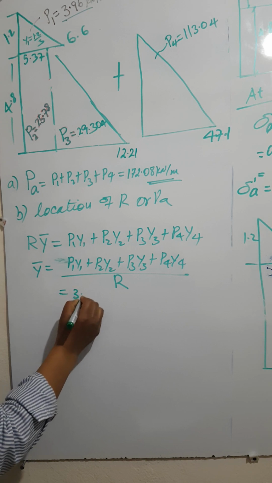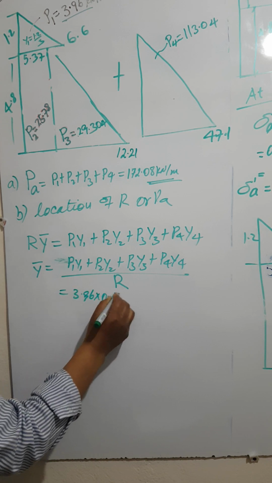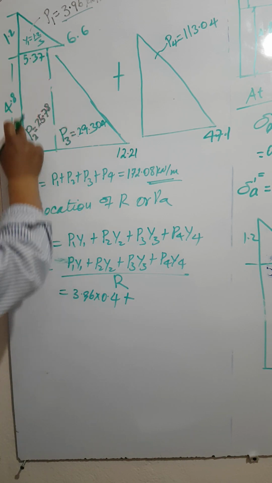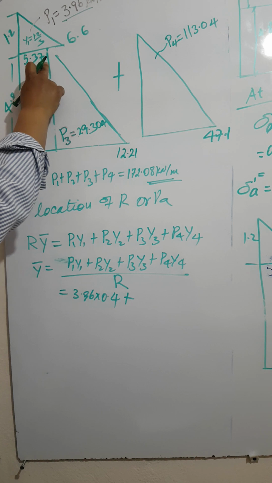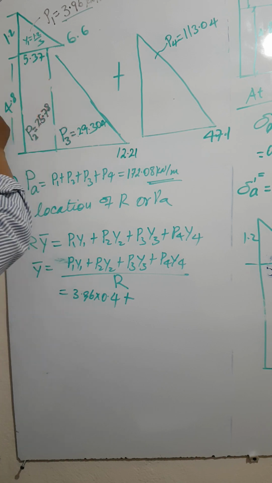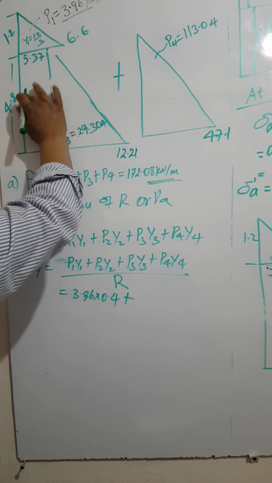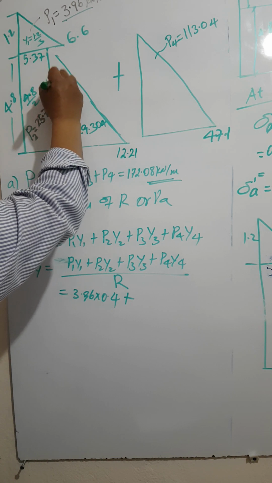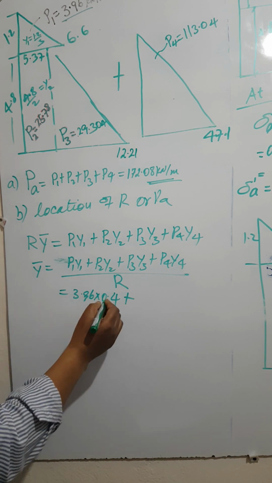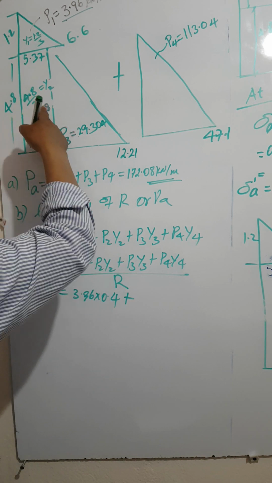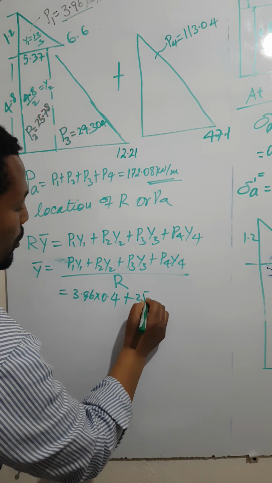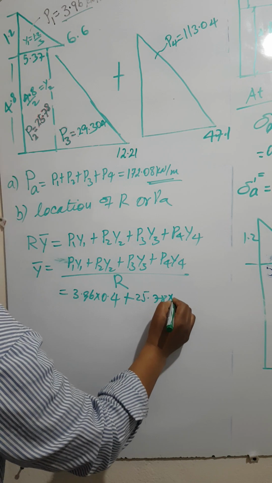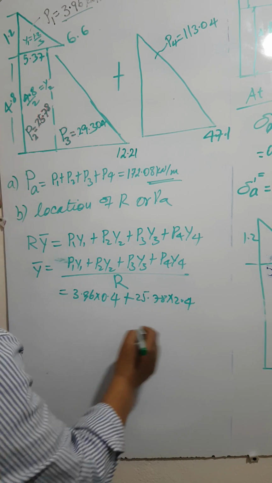P1 is 3.96 times 0.4, plus P2. P2 is a rectangle of size 5.37 by 4.8, so it acts at half the height: 4.8 divided by 2, so y2 is 2.4. P2 is 25.78 times 2.4, plus